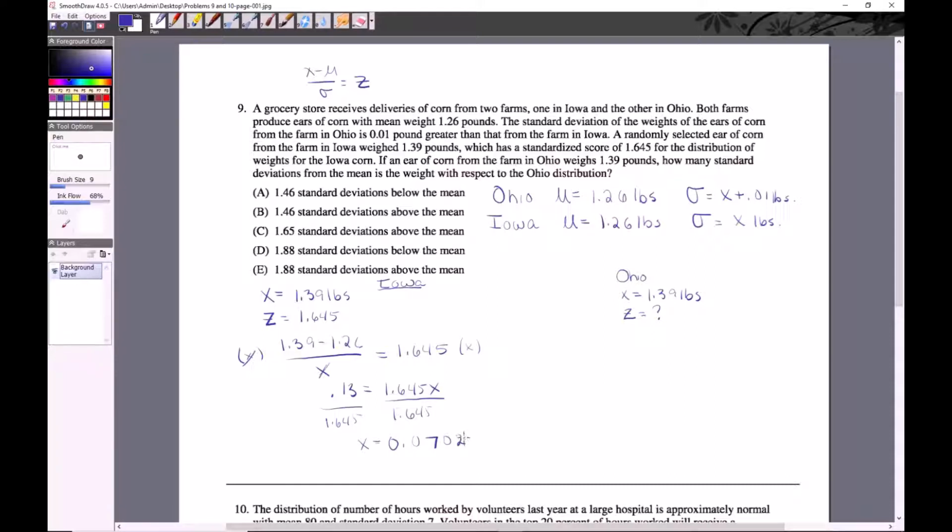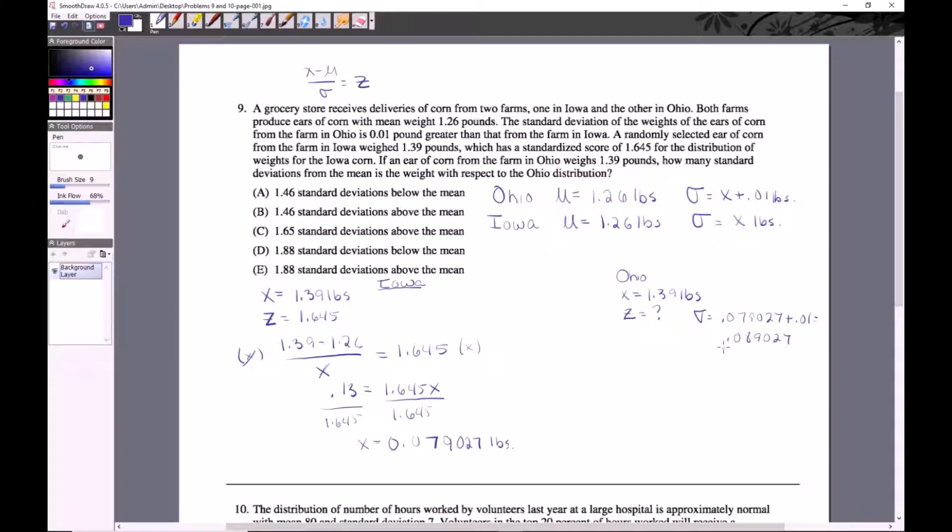0.07027. I believe I've left a number out. Let me put that number in. 0.079, we'll make that a 9, 027. All right, and that's your standard deviation, so that's going to be in pounds. So if we know that this is 0.079027, if we add 0.01 to it, we should be in pretty good shape. So sigma here is going to be 0.079027 plus 0.01, which is